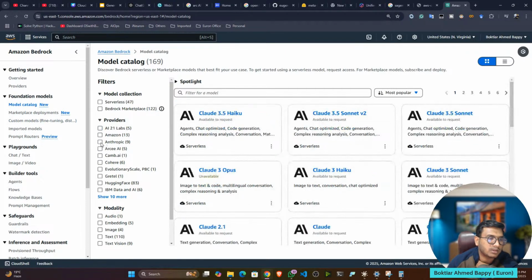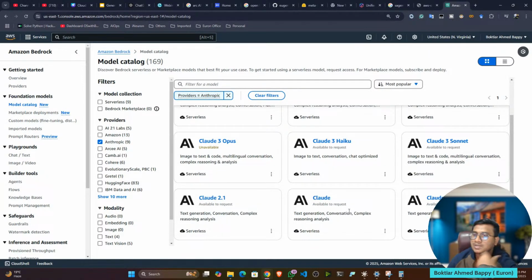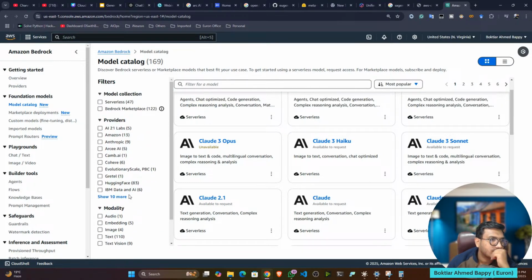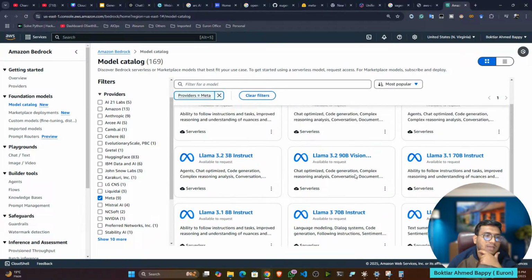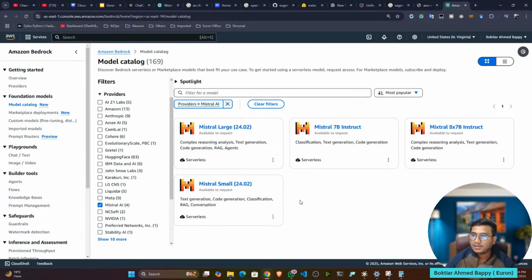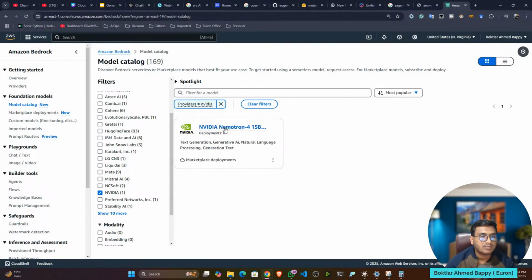Okay, let's say you are taking Anthropic. So Anthropic has the Claude model. You know, different organizations have different models. So this organization collaborated with AWS, and they're telling them, just try to host our model in your platform so that people can use it. Now let's say you need the Llama model. Llama is also there, I think, somewhere higher. See, Meta. If I select Meta, these are the Llama models. Apart from that, Mistral also has their models. So that's how you have different large language models, and these are very powerful large language models.